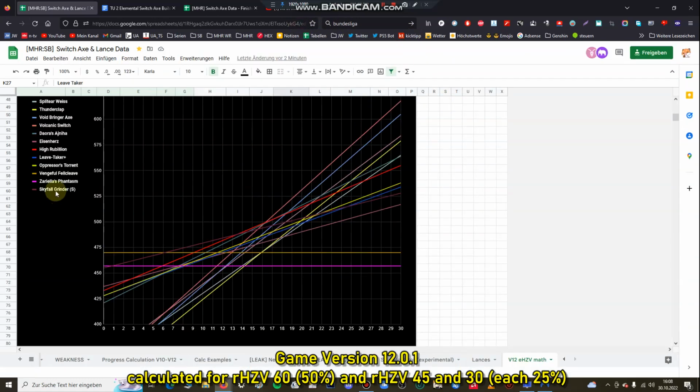So first of all, a very easy example for Skyfall Grinder. Skyfall from Ibushi switch axe has very high raw. You can maybe also use it as a raw switch axe. You can see here the orange line, which is the Vengul Valkyrie from Scorn Magnamalo, and you can see here it overlaps the Kemi baseline at 1 elemental hit zone. That means if the elemental hit zone is 1 or higher, it already out damaged the Kemi SA, and if the elemental hit zone is higher than 6, the Skyfall Grinder already outdamaged the